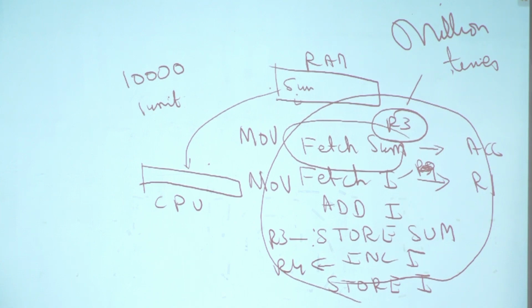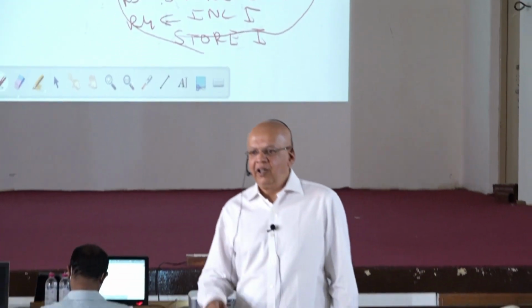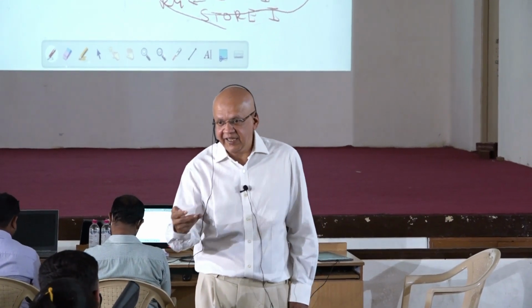Now, where is the glitch? The glitch is, it's not a good habit to ask for register variables unnecessarily. Just because you know that there is something called register, you should not use it. Because what will happen is, the compiler will give it and it reduces the availability of the registers to the compiler. So the code becomes less optimized. Second,